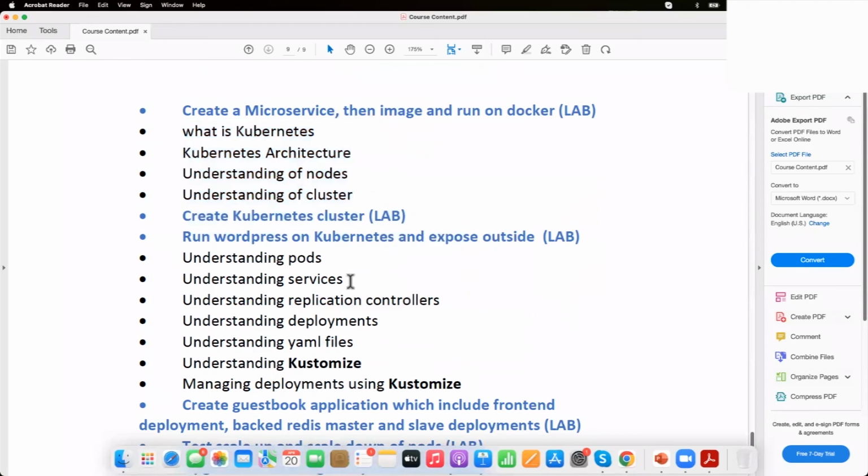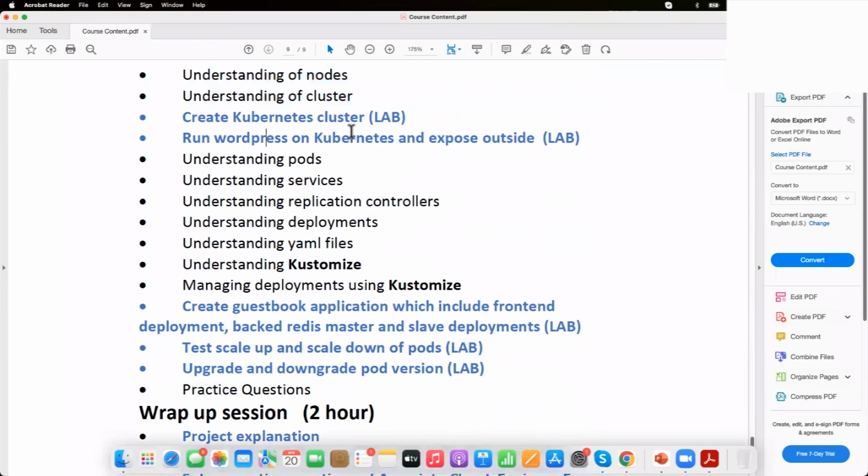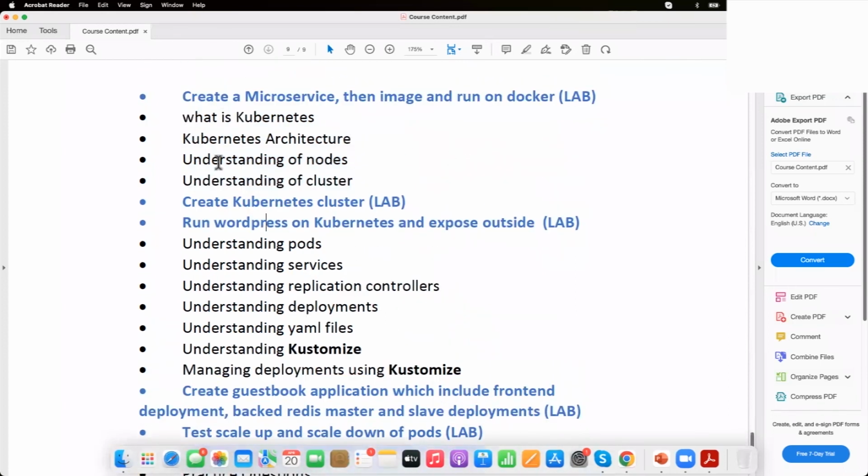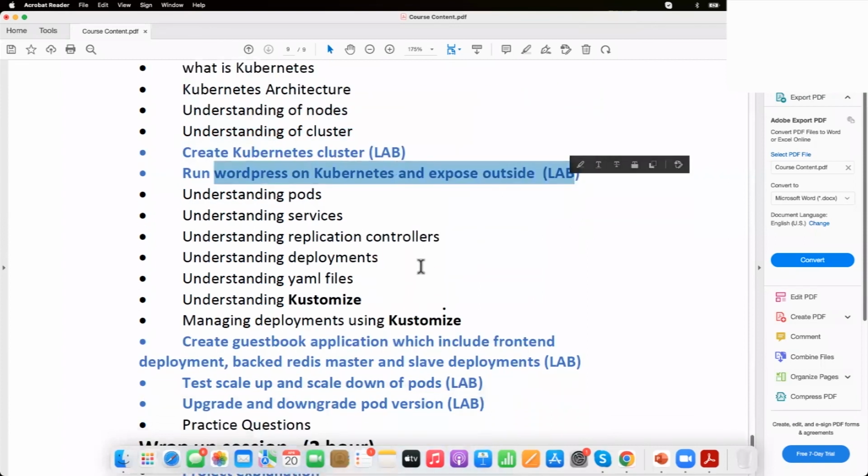Then we will learn about GKE, how Kubernetes works in Google Cloud. Kubernetes is open source. You will find it everywhere, not only in cloud but outside of cloud also, in a normal environment you can host Kubernetes. So we will discuss how Kubernetes is in Google Cloud. In that, we will be creating a cluster and hosting some applications there.